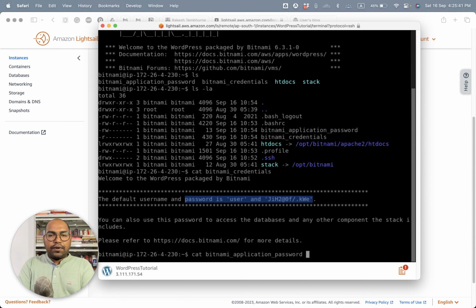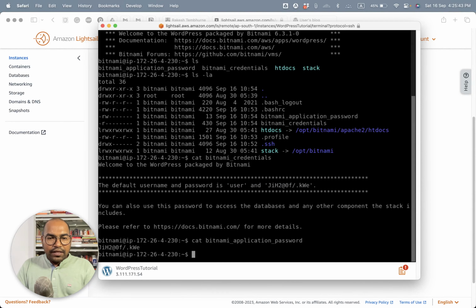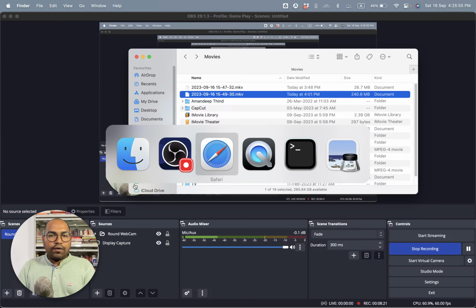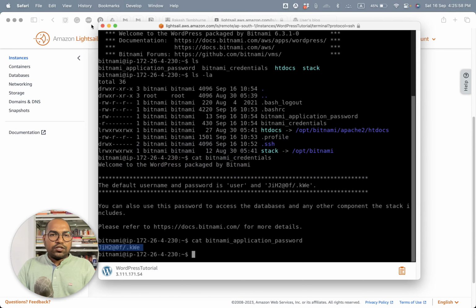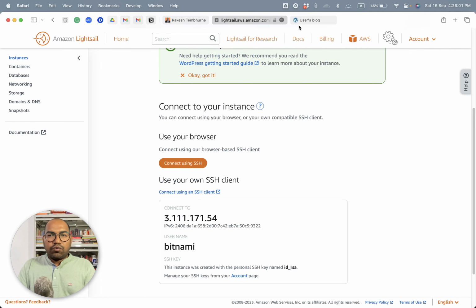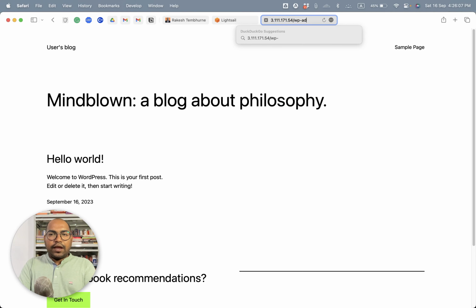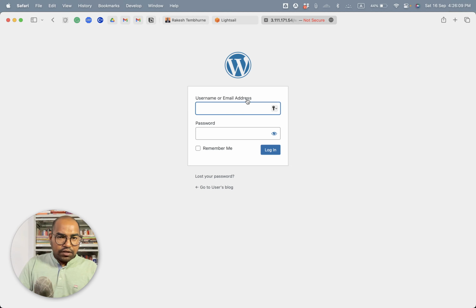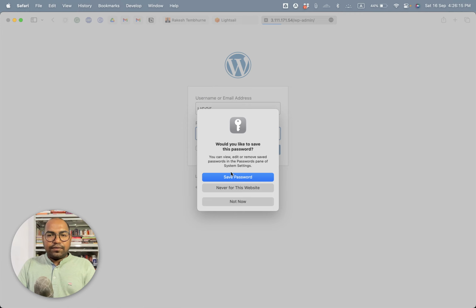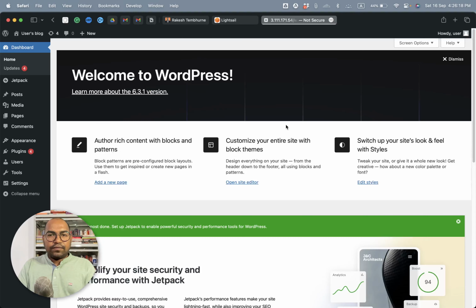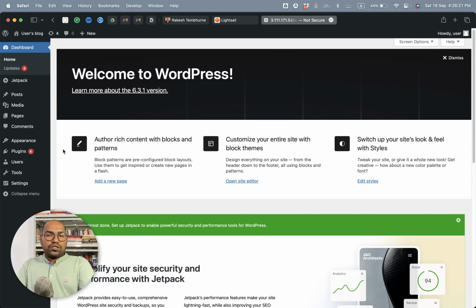And in the Bitnami application password file, the password is there. All right, this is the password. So let's close this server and just go to this blog. In this blog we are going to type wp-admin to log into WordPress, and as we know, the username is user and the password is what we have copied. All right, we are in. Now you can just install